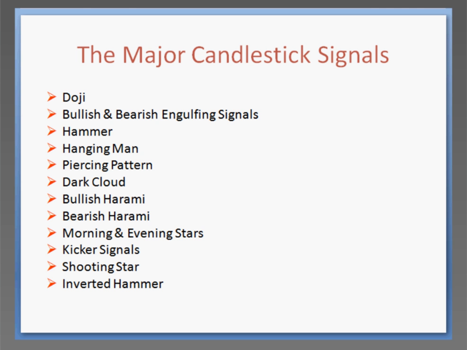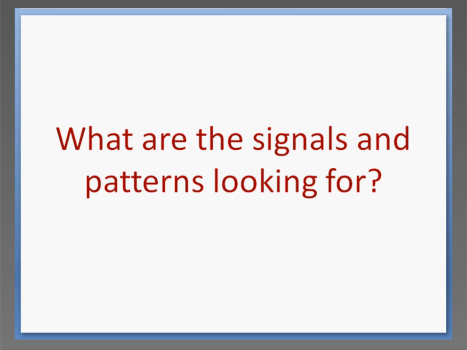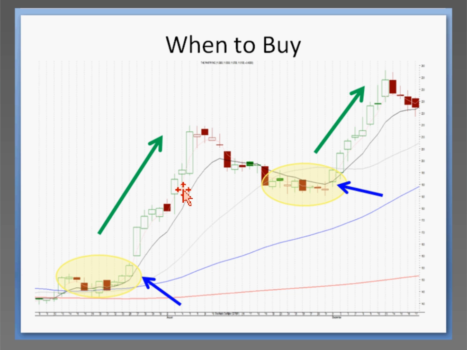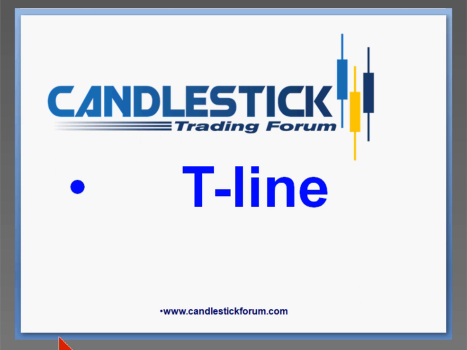So anyways, I usually start out with a lot of the presentations saying, what are we looking for in any trading program when we're looking for signals and patterns? We're looking for that big price move, but more importantly, we're looking for what is telling us that that big price move is about ready to occur. And one of the basic functions of not only knowing the candlestick signals, but the T-line, which is the 8 exponential moving average,